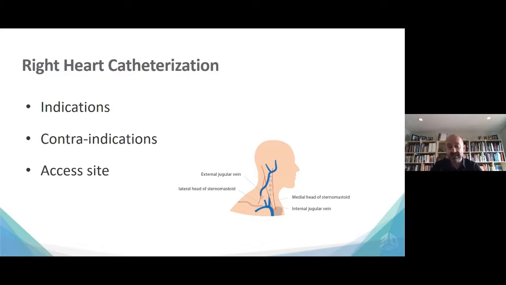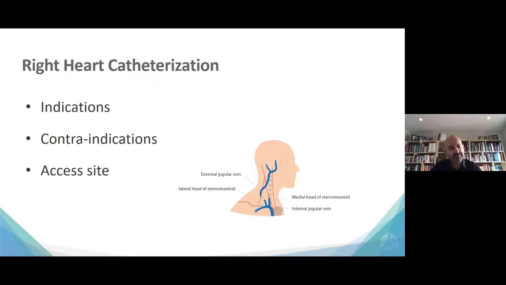I think this is very difficult to tell these days with COVID, but again, keep that in mind. You definitely wouldn't want to put a Swan in through an infected right-sided structure. I'm sure all of you are aware that COVID is associated with high coagulability, and hypercoagulability has been seen quite often. So known or suspected pulmonary embolism, I think, should raise red flags and probably not proceed with PA